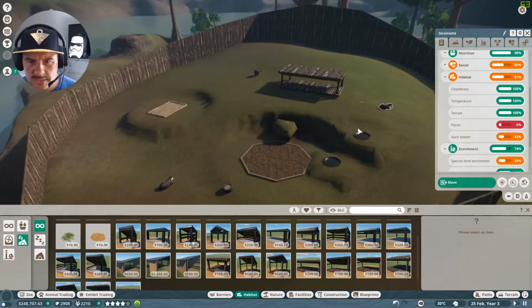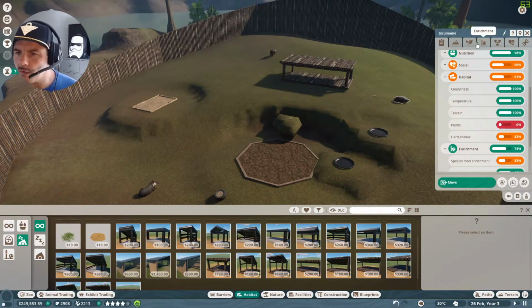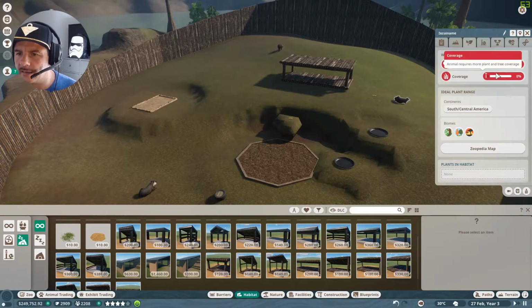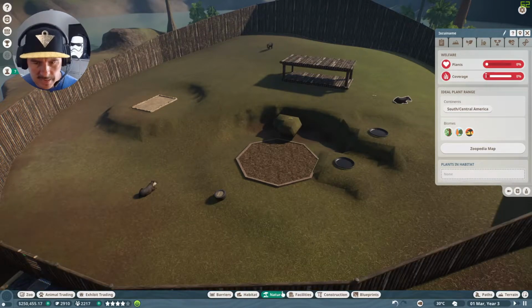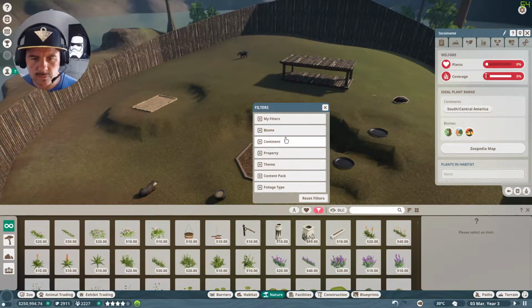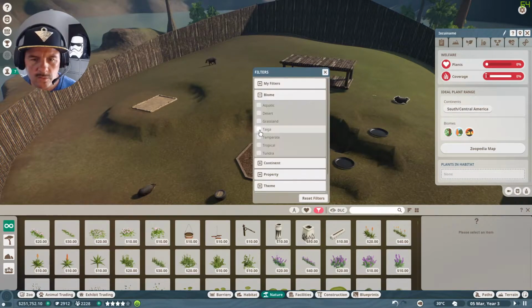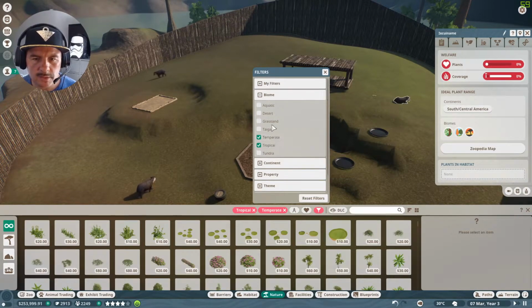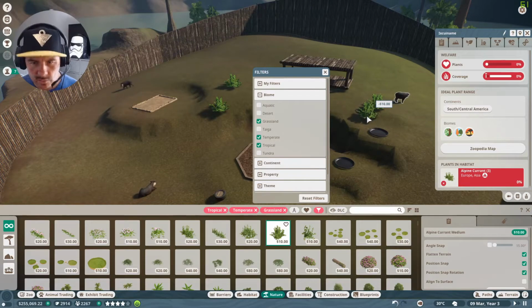Hard shelter 44%. It does want plants though. Now I need to know what sort of plants he likes. So if I go to plants, nature, and select filters, I want this to be tropical, and the biome's going to be tropical, temperate, and grassland. And now we want to put plenty of these guys around, so then he can start